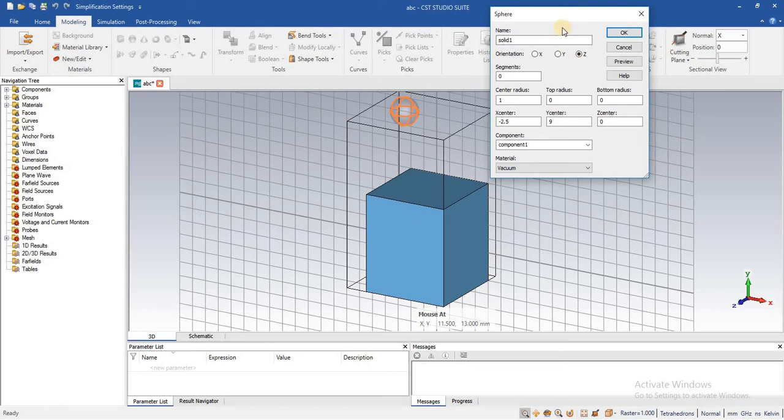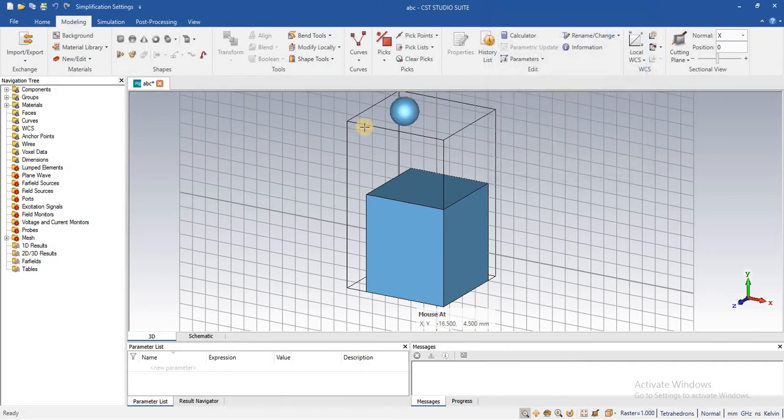Now here you can edit the orientation of this, and similarly the coordinates and radius, and press OK. If you want to edit this box, just go into the navigation tree,